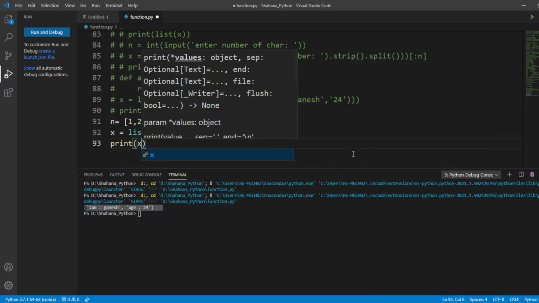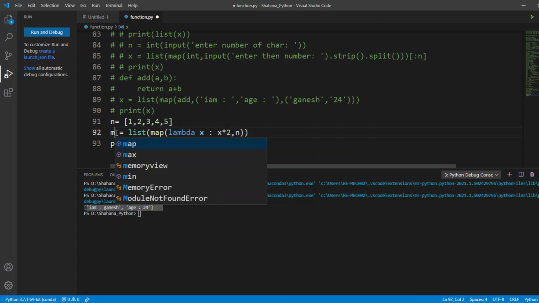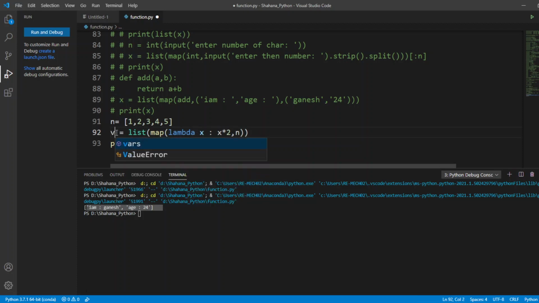What I'm doing is passing a predefined list with a variable n. I'm calling my map function and my lambda, and I'm passing an x argument to my lambda function, which multiplies x.